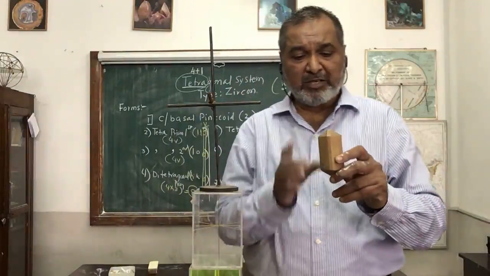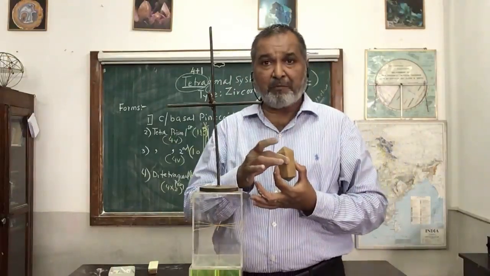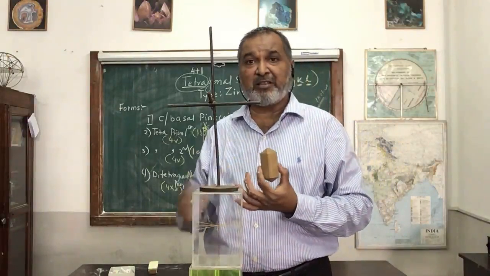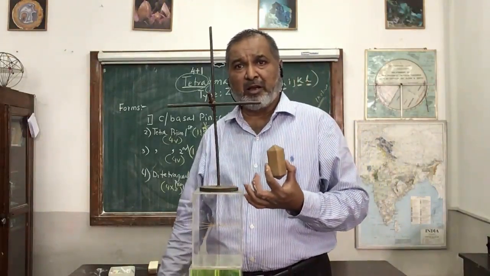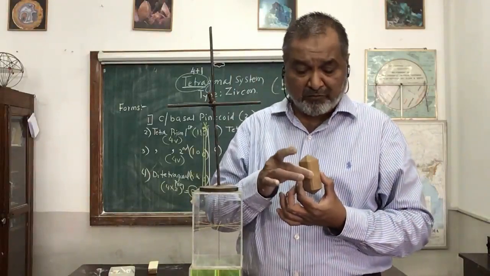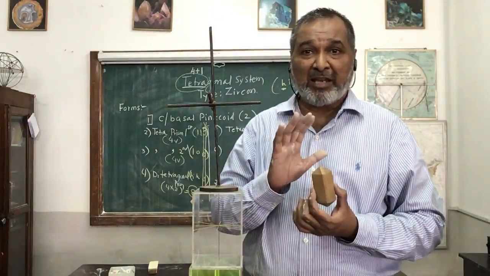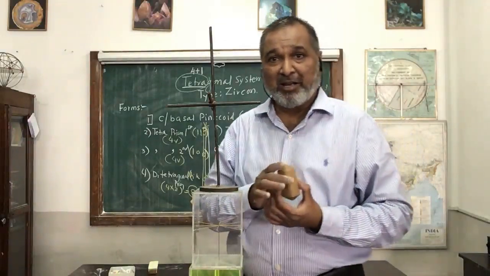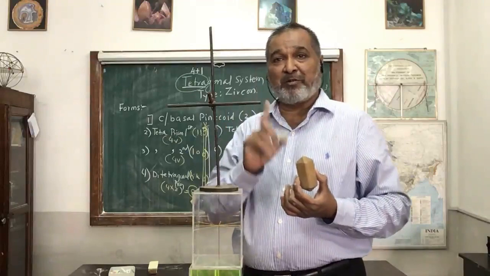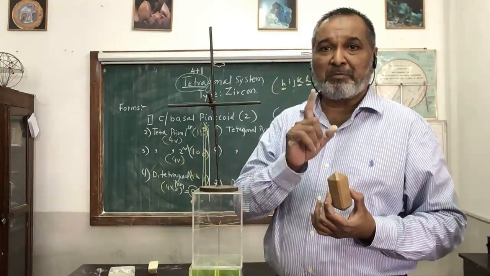So these front and back are one pair, the left and right are one pair. So the front pair is 1 0 0, the side pair is 0 1 0. That is the pair, A pinacoid and B pinacoid. So these four are the same in size, so we don't have to call them A pinacoid or B pinacoid. Straightaway we will call the smaller pair of four similar vertical faces the second order prism.